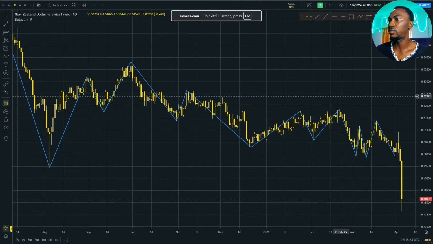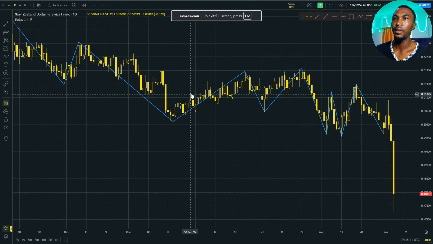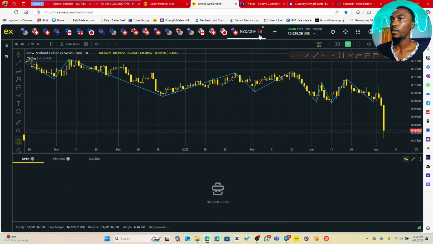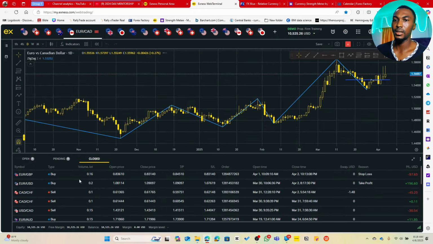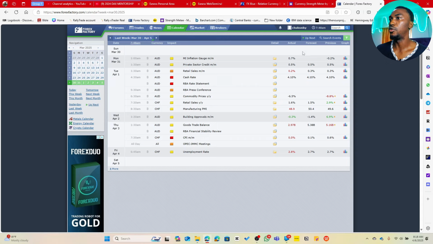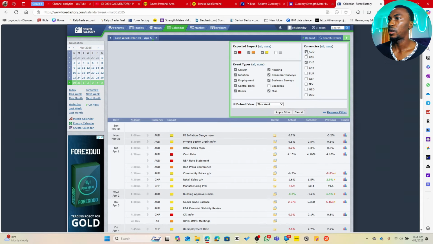Right there. I mean, look at both of them. Heavily destroyed, my dear friends. Heavily destroyed. It was like, I don't even know how to explain it. But if we take a look at the news, right? The news for Australian dollar, Swiss franc, and New Zealand dollar, what we would notice is the